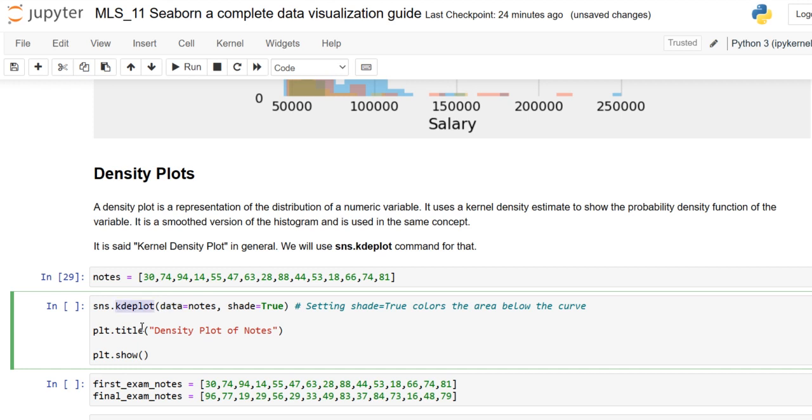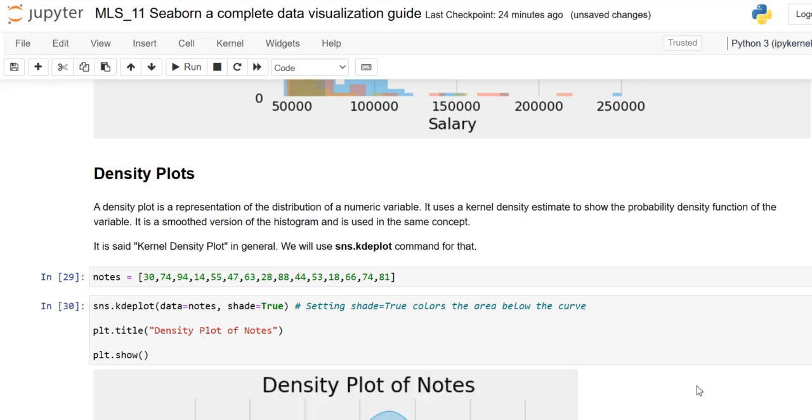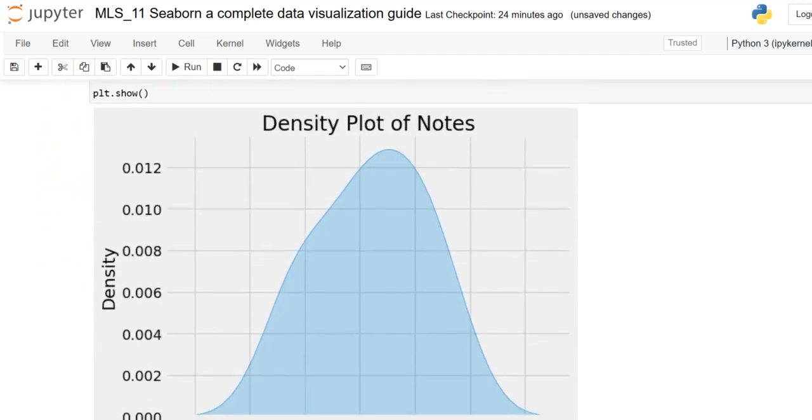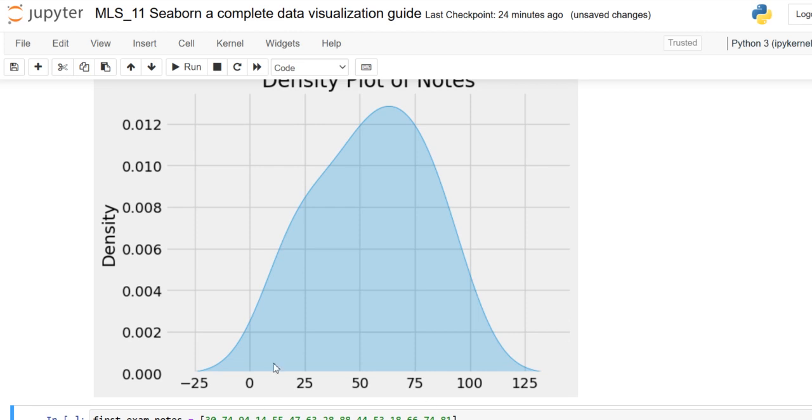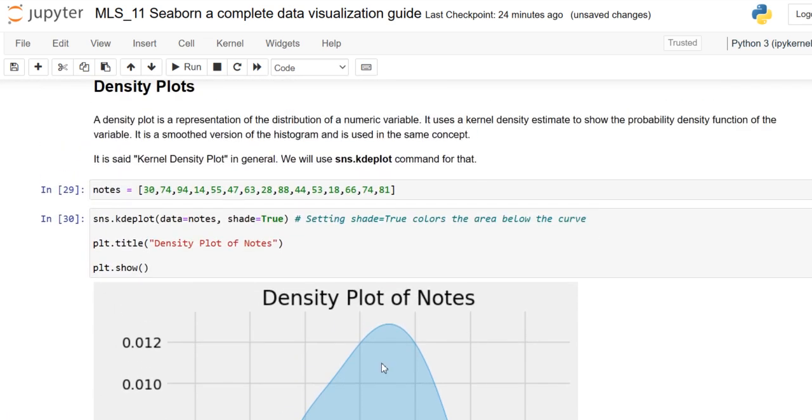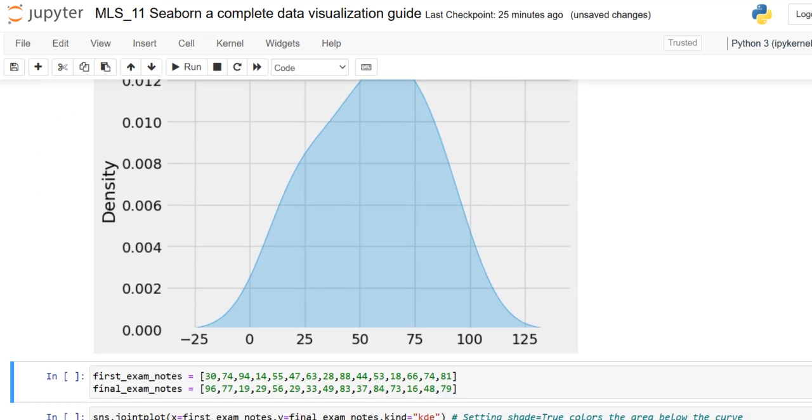Here we go with the nodes, and with the nodes as our data, we are going to draw a KDE with the title density plot of nodes. Let me observe the density plot, and kindly observe that this would be filled in. I have already specified that it would be filled in, that is, shaded. If you provide any colors, it would be applied. And if you need it to be shaded, you have to provide shade equal to true. If you don't say it, of course, previously we got a smooth curve, no? So the same curve would be applied rather than shaded. Okay, now next,